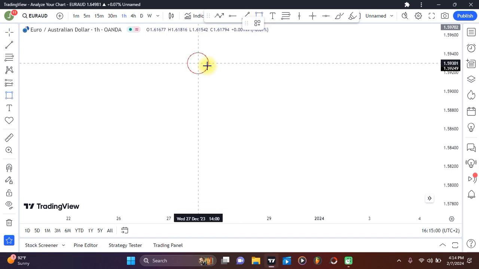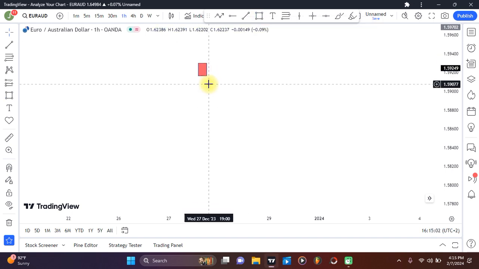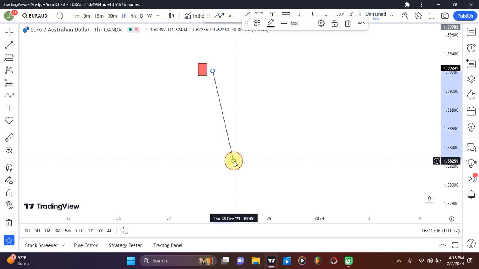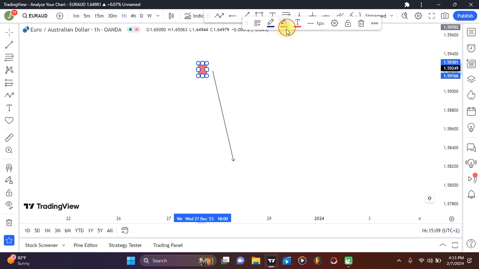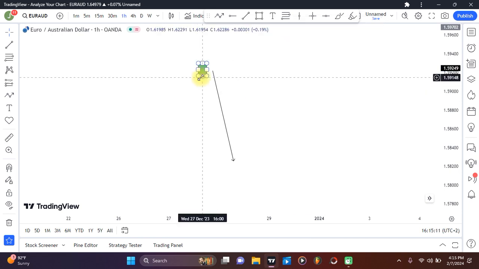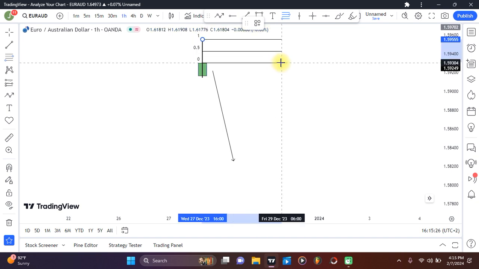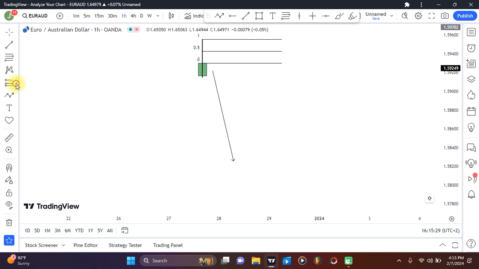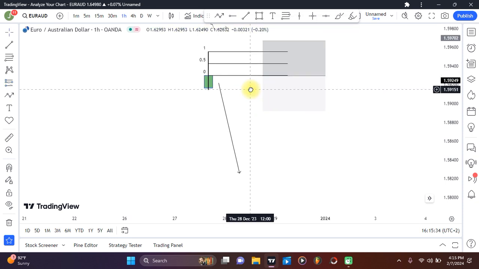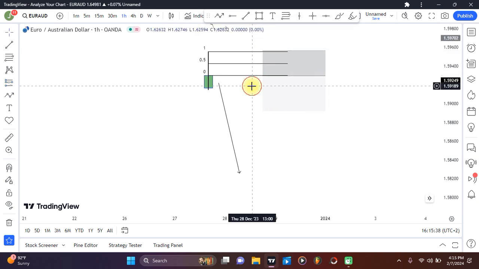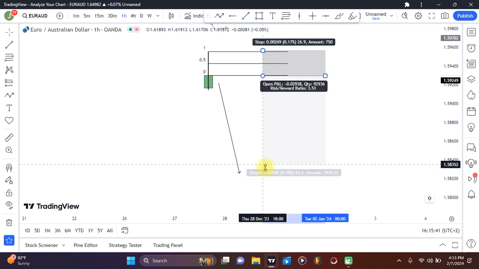So let's say we have this order block here, we have this candle here as the last candle before this downward move. Let me change the color to be green. So let's say that was the last bullish candle before we had this downward move. Now this bullish candle has this long wick to the upside. Now this is how we mark our order block. When we mark our order block, we're going to be marking this whole wick like this as the order block, and we put our selling position here, and then our stop loss just above this wick,